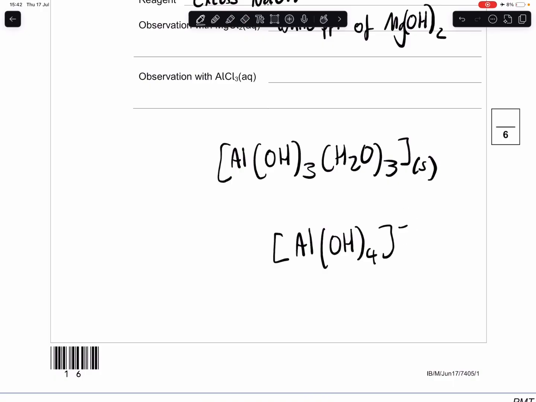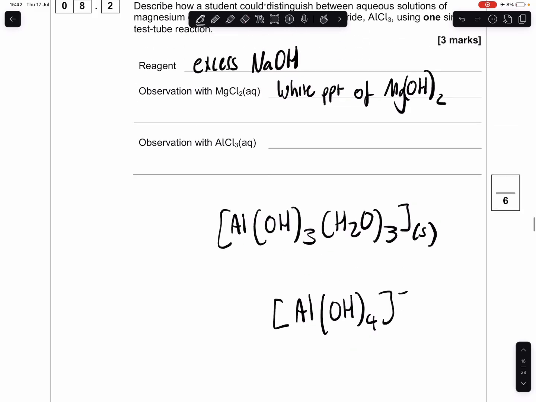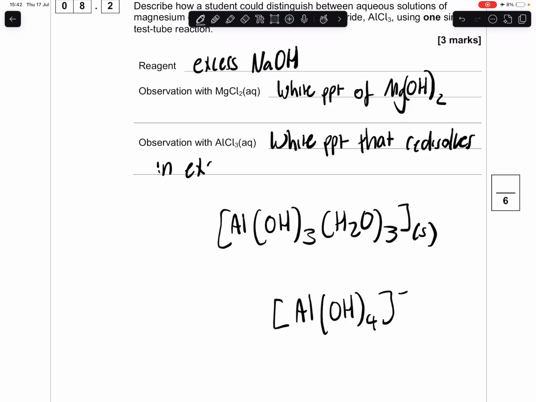It's no longer a solid precipitate. We've added excess base, so it's gone to this. It's now charged. It's going to redissolve. So what we can say is white precipitate that redissolves in excess